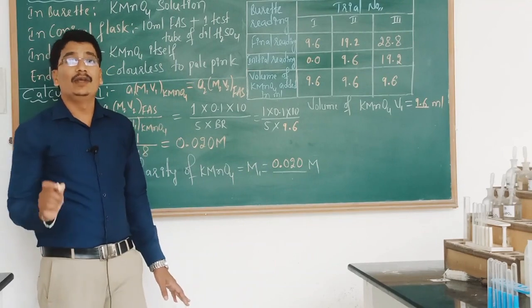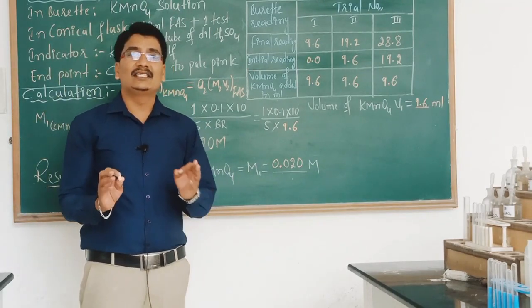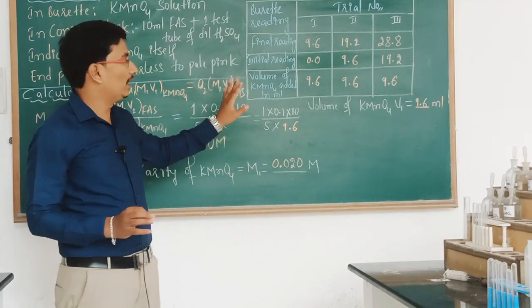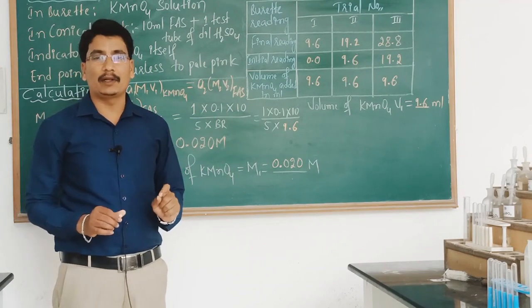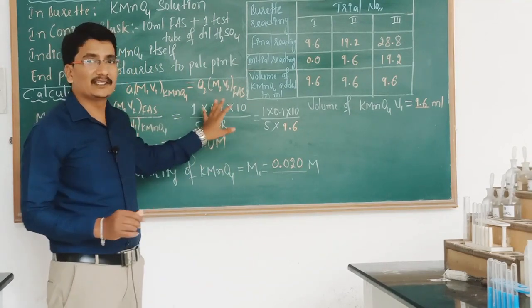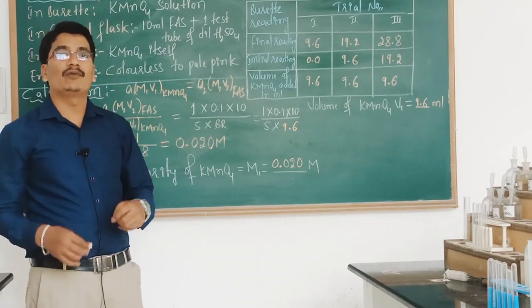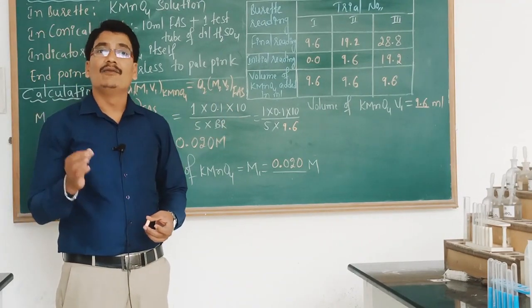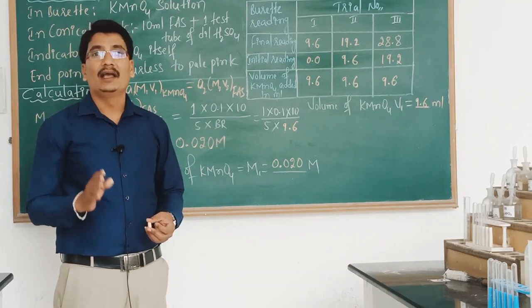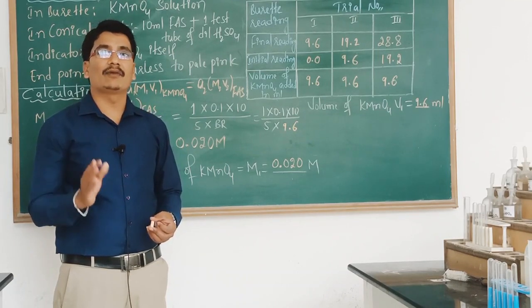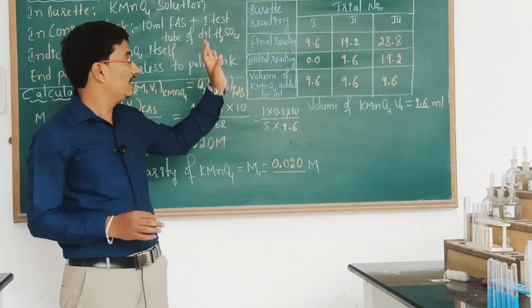Like this, we are going to calculate the exact burette reading. Finally, when we get the exact burette reading, we substitute it into the simple formula. If we solve it completely, we get to know the molarity of KMnO4. Like this, we have to conduct the titration of KMnO4 to get the molarity of KMnO4 by using a standard